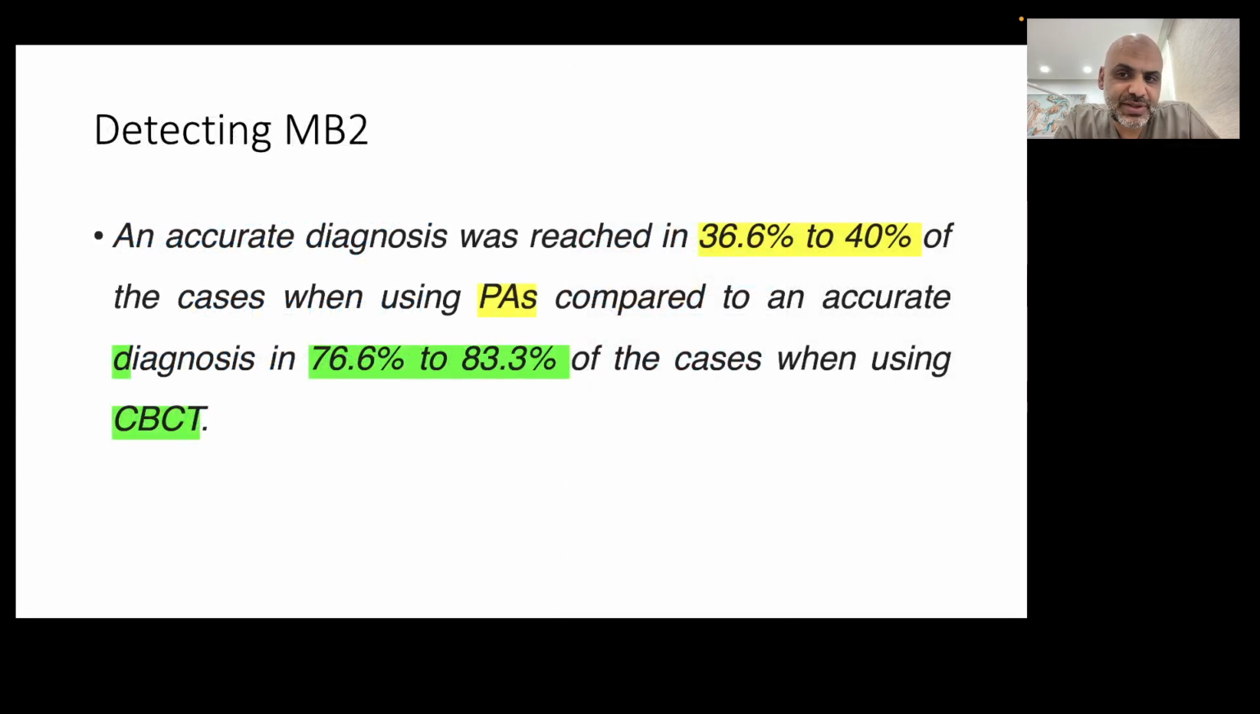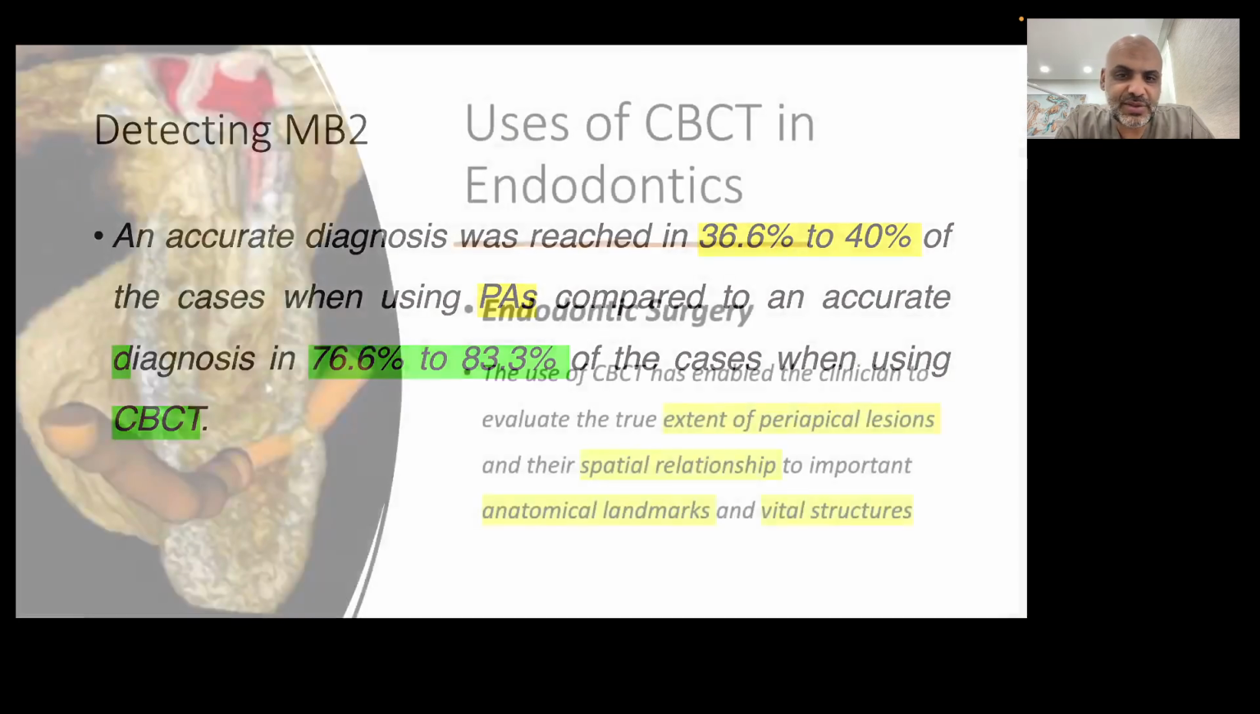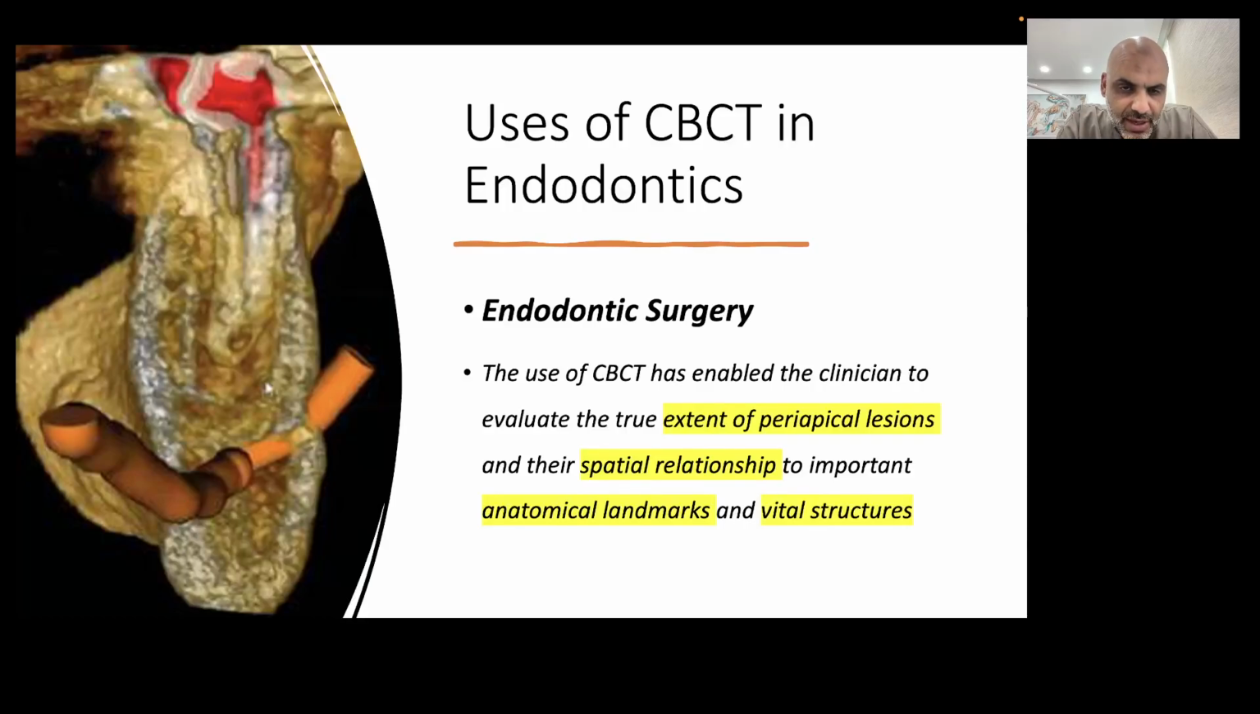For the MB2 per se, the chance that it can be seen on the conventional X-ray was around 40%. However, using the CBCT, we could go up to 80% in accurate findings of the MB2. Another use of the CBCT is to assess the surgical site,